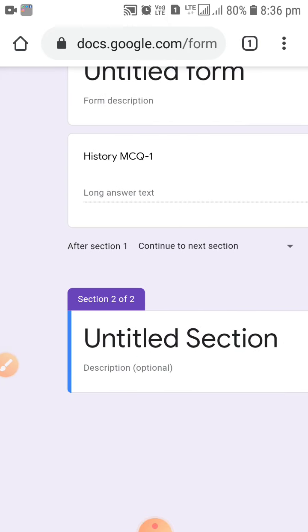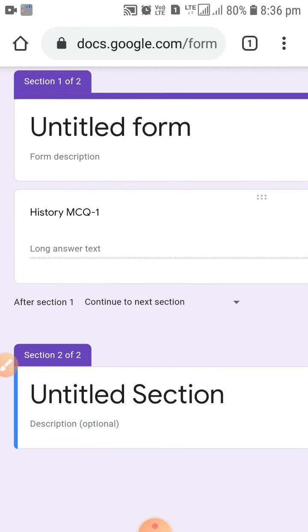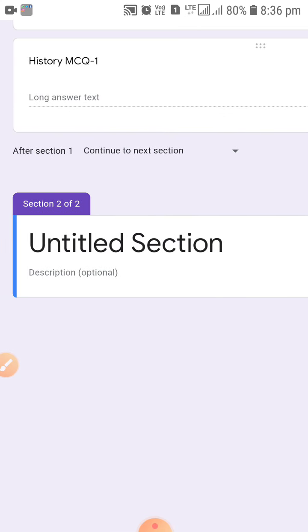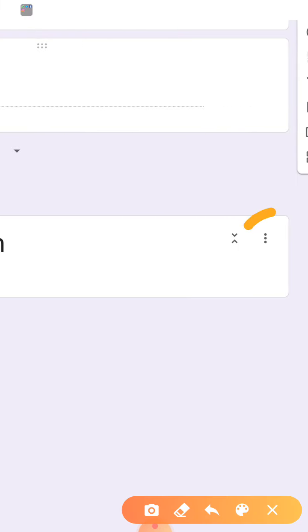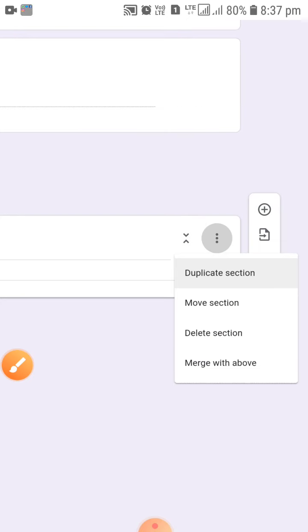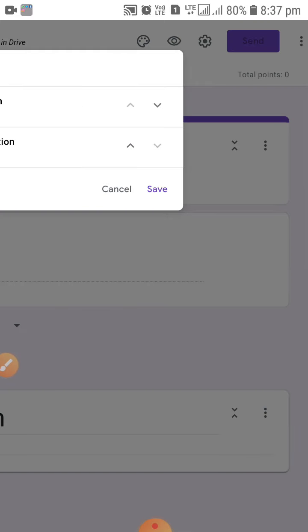See, untitled section is there, and untitled form is over there. Then this untitled section we want to get upside, before the questions. So I'm clicking on these three dots again, and you can see move section. I clicked on move section.